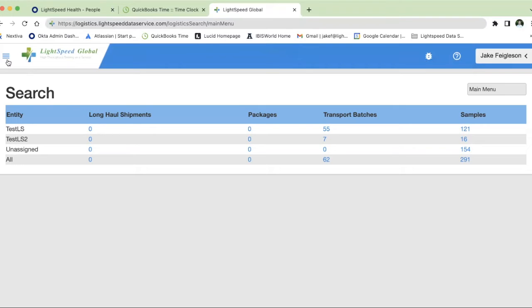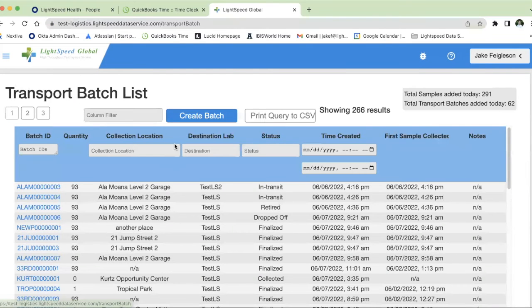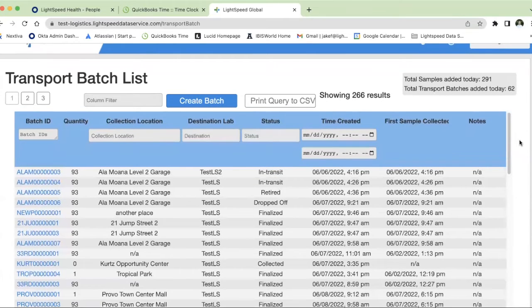So first thing that we're going to do is click on this 3-dash pullout on the left-hand side and go to the transport batch page. Now, like I said, this was previously on our Nomi-CS instance of Lightspeed, but we transferred it over to our logistics suite. And here you can see that it's practically identical to the list that we had in Nomi-CS, with